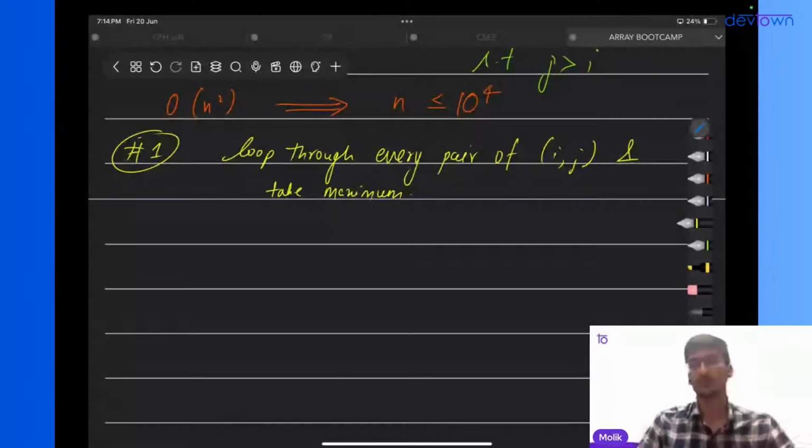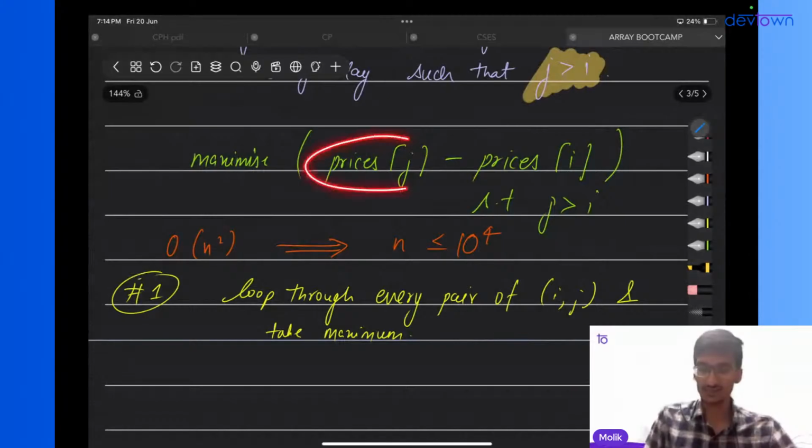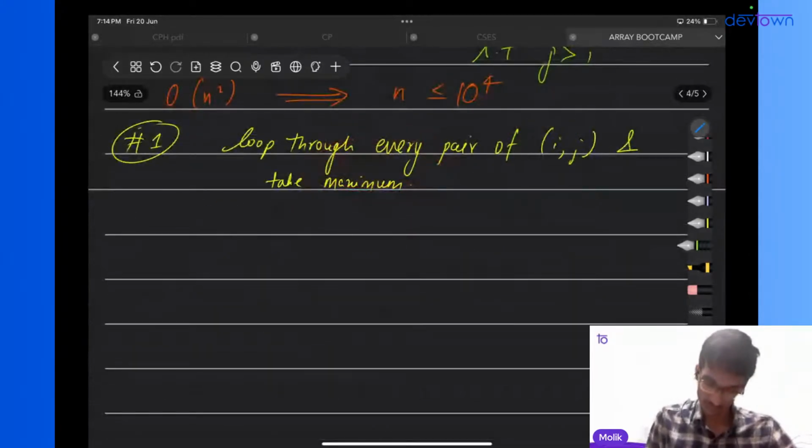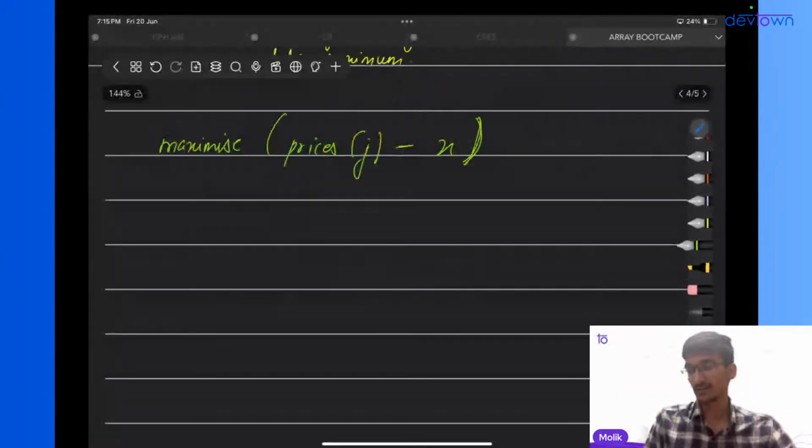How do we optimize this? So see, if you fix this entity, think about this. If you fix this entity, prices of i, then prices of j minus something x, maximizing this is